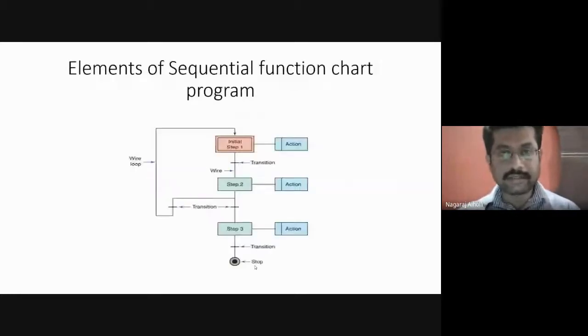You can see in the sequential function chart programming type of language for PLCs, this is a starting step. There is a transition or change from step 1 to step 2. There's a wire being connected in between. Then in step 1, there is some action taken. You write a C flowchart, is it not? You write sum is equal to A plus B. Here you perform, say, A is equal to 1. And in step 2, say you perform B is equal to 2.